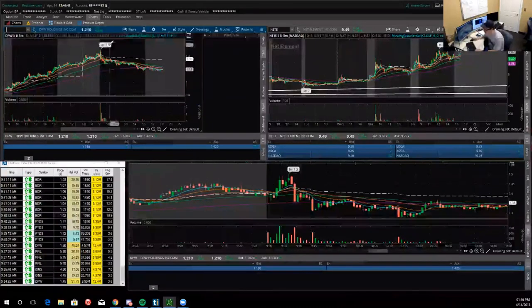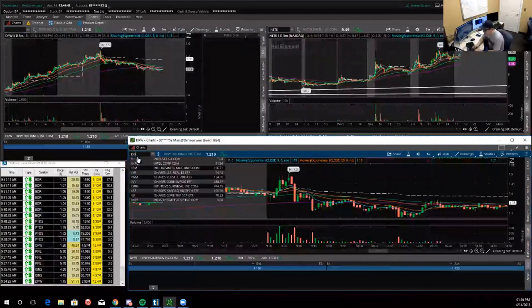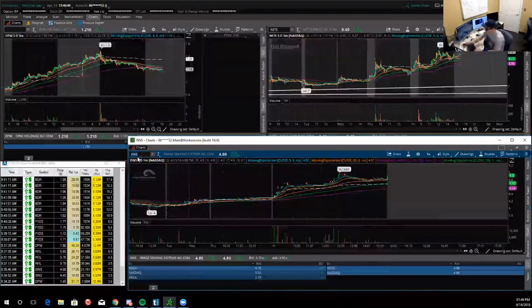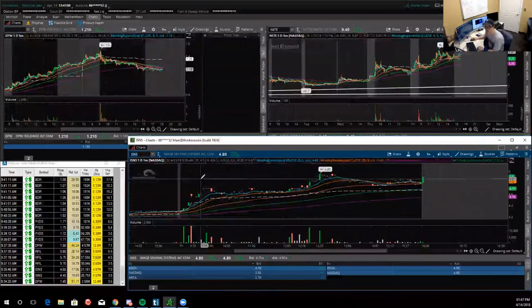Okay, so let's go down to the next one I want to show you here. Let's just go through a few of them. ISNS. So ISNS, for example, right? You can look at this and go, well, this stock isn't really good at all. You're right, but the same criteria you scan for to find these good stocks will also pull up bad stocks, because